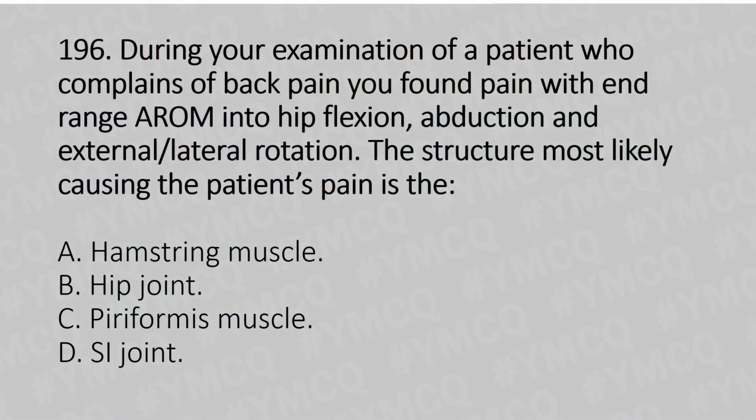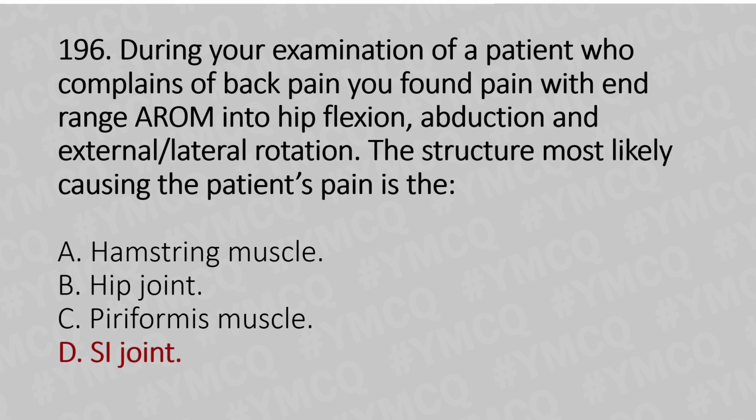During your examination of a patient who complains of back pain, you found pain with end range, active range of motion into hip flexion, abduction and external, lateral rotation. The structure most likely causing the patient's pain is the Option A. Hamstring muscle. Option B. Hip joint. Option C. Piriformis muscle. Option D. Sacroiliac joint. And the answer is